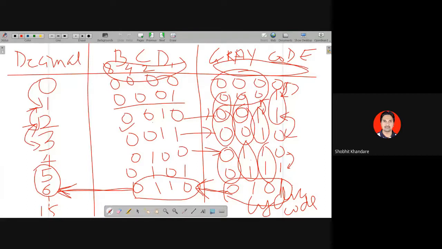No. Yes, you are right. 5-bit representation is not BCD because BCD only follows 1, 2, 4, 8. So what about binary? Binary follows 1, 2, 4, 8, 16, 32, 64 and so on. So if you go more than 4-bit of representation, then it is not a BCD, it is a binary. But if you restrict your representation only to 4-bit, then you can say binary or you can say BCD.